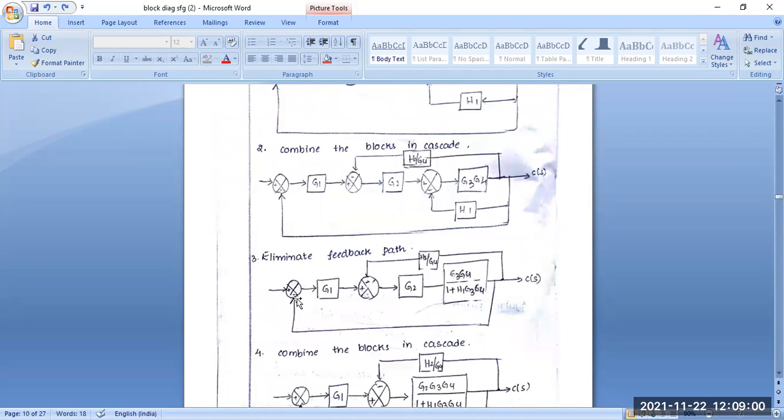So what I have to do: these are the same thing, these are the summing points, then G1, then the same summing point. Okay, this is positive, this is negative also, this is H2 by G4, then G2. These are the summing points, and these are basically eliminated in the feedback loop. So the equation we have to know is G3 G4, the cascading system here also, that is G3 G4 by 1 plus H1 G3 G4.